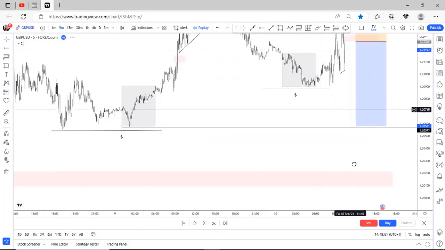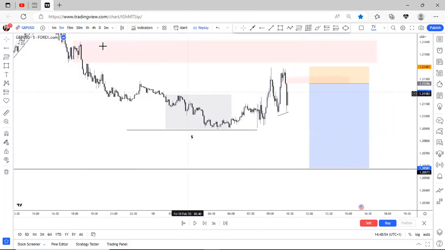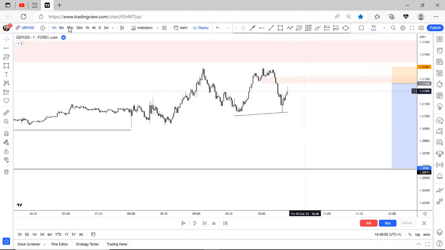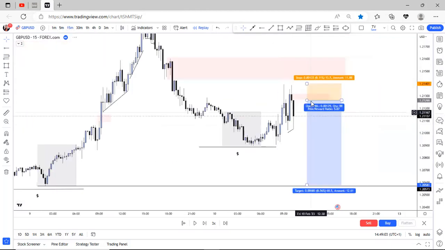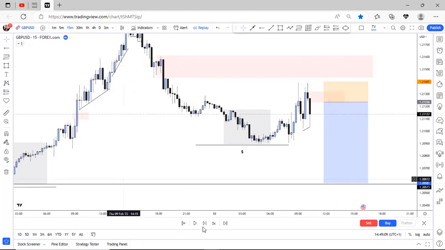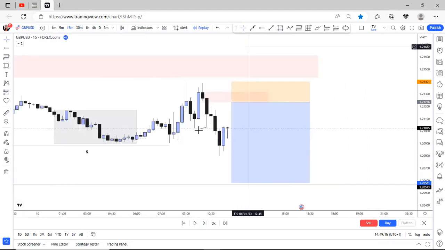I was so tired of staying on my chart from the London session down to the New York session. In fact, before this 15 minutes point of interest was tapped, it took hours, and I was kind of frustrated waiting for price to get to this level. At some point, I even thought I had missed out on this trade, because as you can see right here, market broke